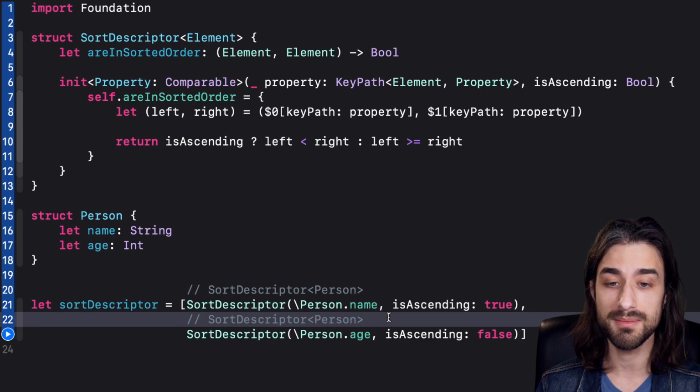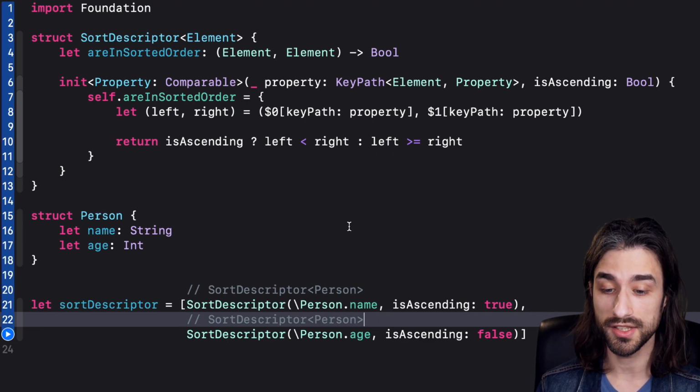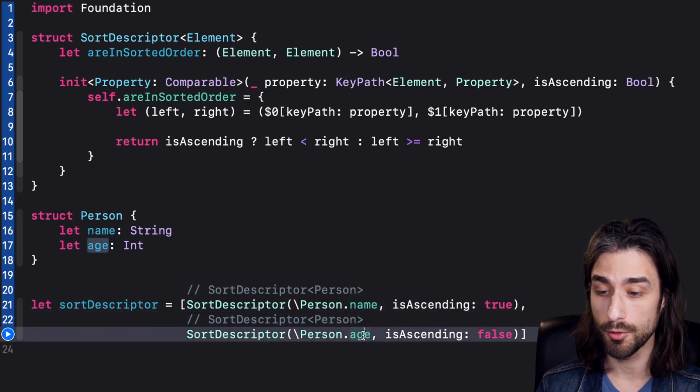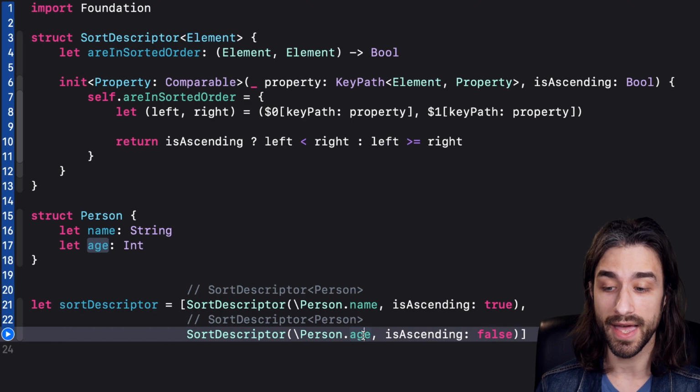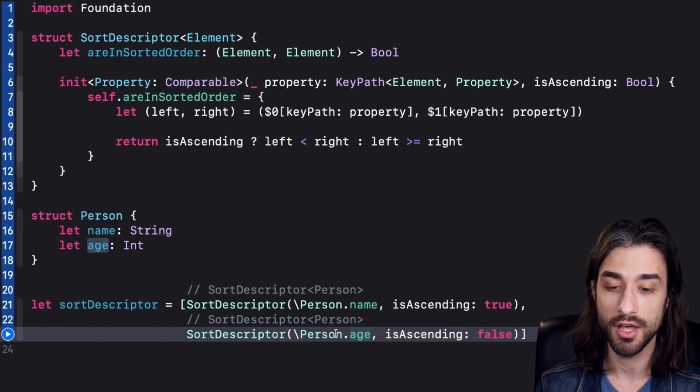We still have the same level of type safety, because when we create the SortDescriptor, the compiler checks that the name and the age are properties on the type Person and are indeed Comparable. And then when we call the closure areInSortedOrder on the SortDescriptor, the compiler is also going to check that we are providing the correct type for the arguments of the closure.